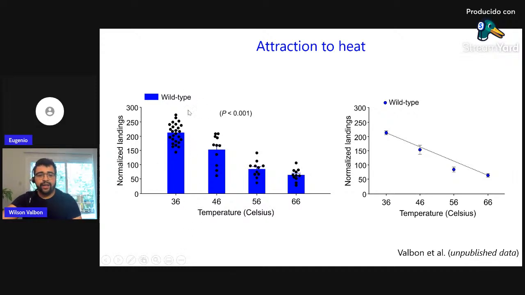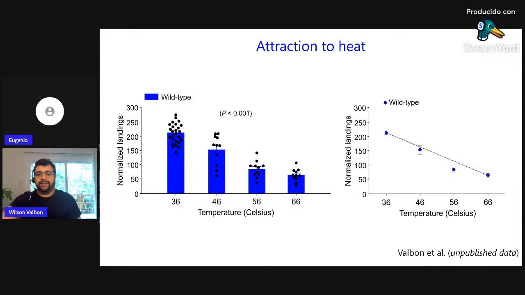I tried many cages, many black dots here, and around 200 landings. Then I started to increase the temperature: 40, 46, 56, and 66. And you have this very clear reduction of attraction. Why? Because these temperatures are not good for them, they are kind of noxious, so they avoid them. Then you can see here that there is a temperature-dependent response. When you increase the temperature, the response is reduced. Okay, but how do mosquitoes detect